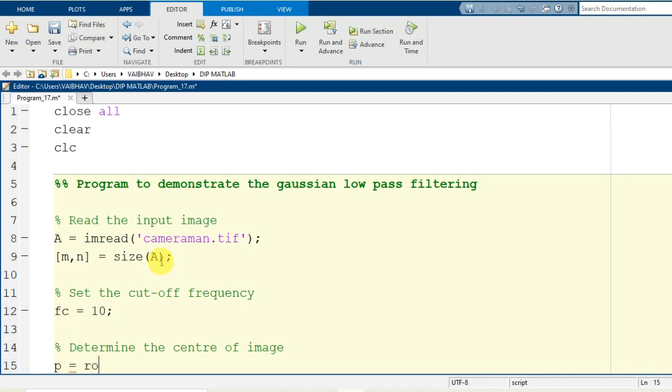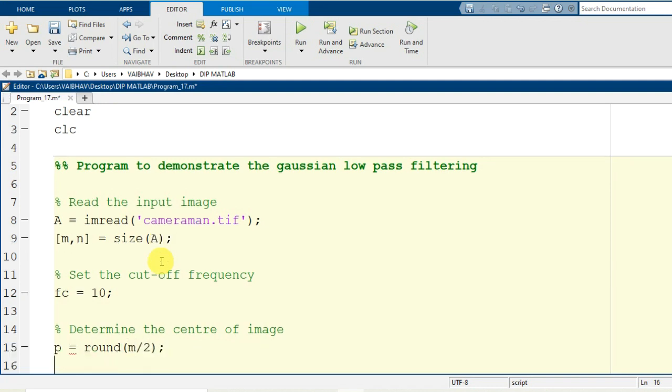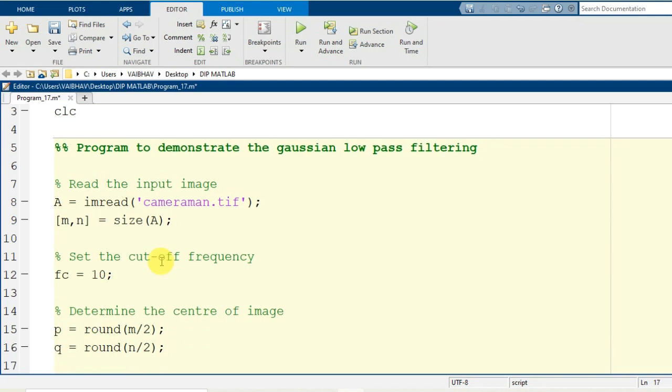That is possible by rounding the ratio of the first dimension of the image, small m divided by 2, and small q, in similar fashion, by rounding the ratio of the second dimension of the image, small n divided by 2 here.